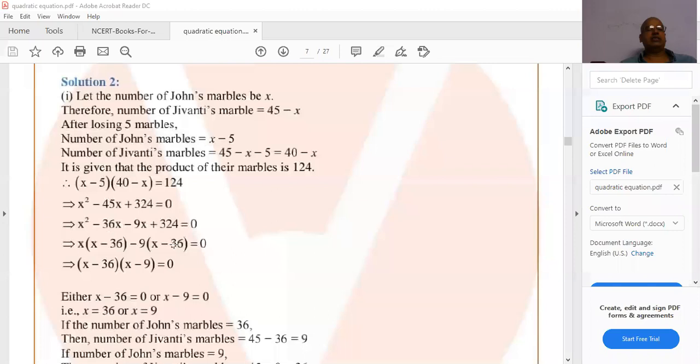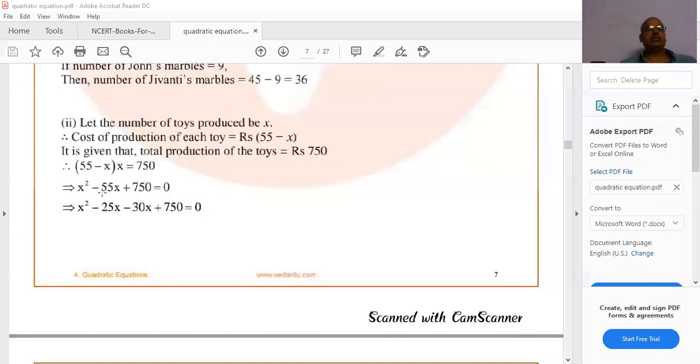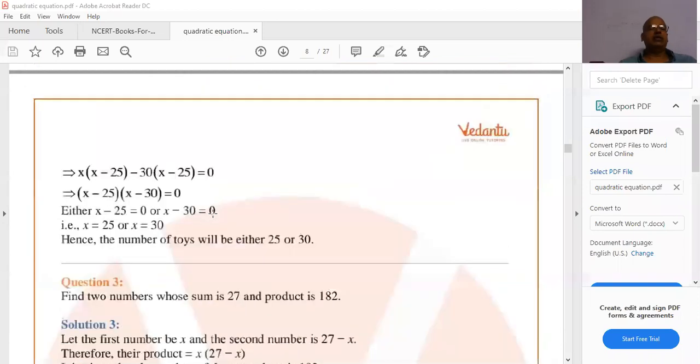And then here the equation is 750. Minus 55 means 750: 30, 25. 25 times 3 is 75, so 30 and 25 are the numbers, and their difference is 5. If we add both, we'll get 55. So minus and minus, plus 750 we are getting. So like this, we are finding the number of toys prepared by them, and one day is 25 rupees. Both you got positive, so you can take both the numbers. And next sum also explained. This is the last sum we explained yesterday.